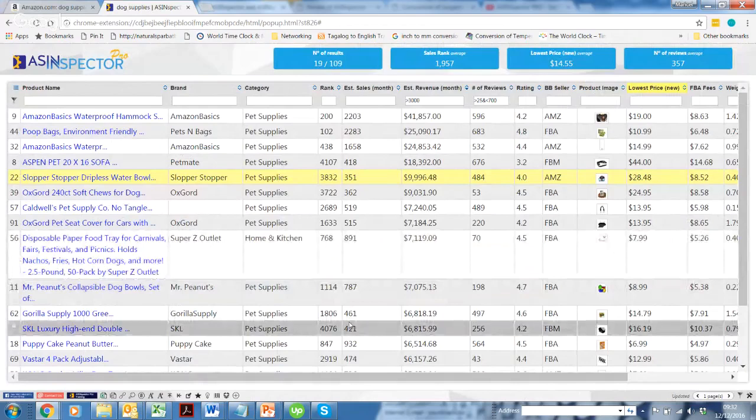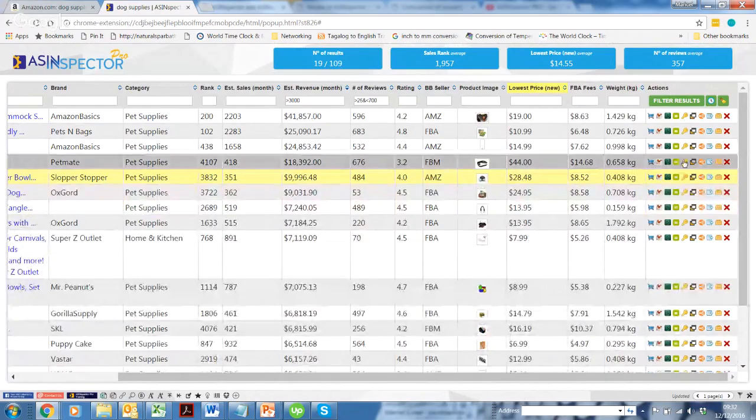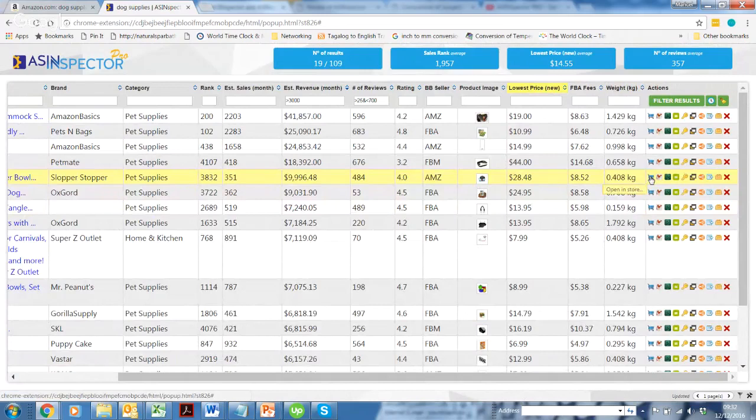Okay, let me go over and explain some of these actions on the right hand side. Again, I'm just going to be sticking with our water bowl thing over here. So we've got the blue cart. If you just press that,